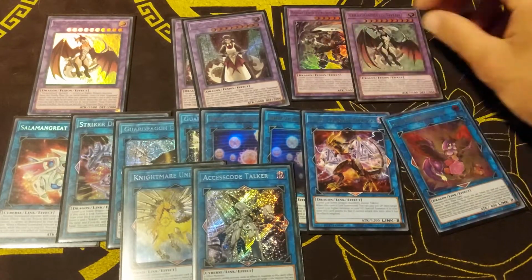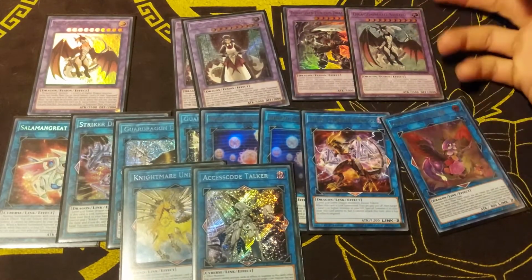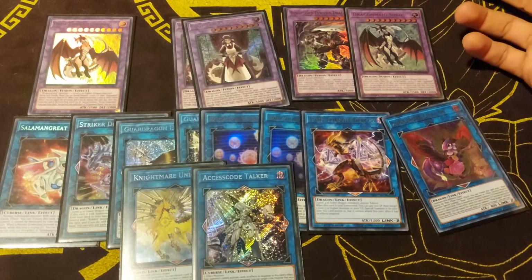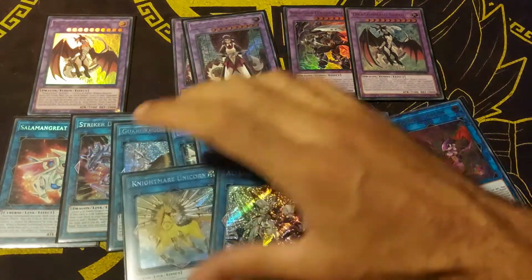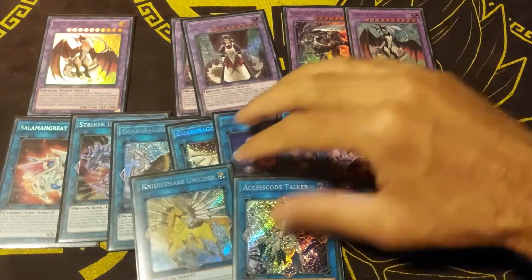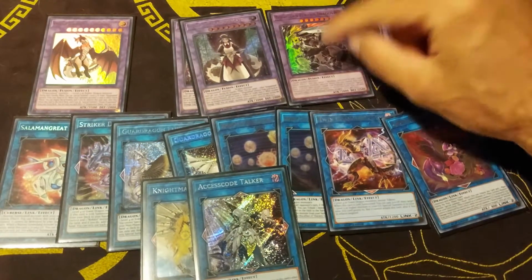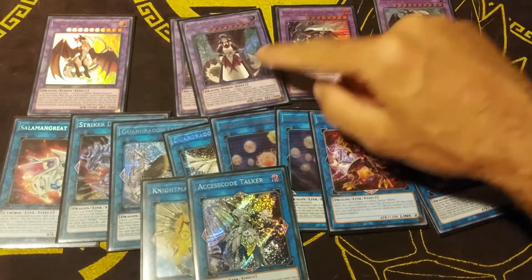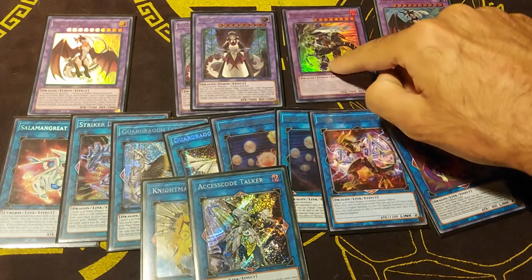So these 2 cards, you can definitely put something else in, like Borrowed Sword, Nightmare Phoenix. As you can see, I'm not playing Nightmare Phoenix. You could definitely put that card in. This card I really like. It doesn't come up as much. I feel like actually playing a Nightmare Phoenix instead of this